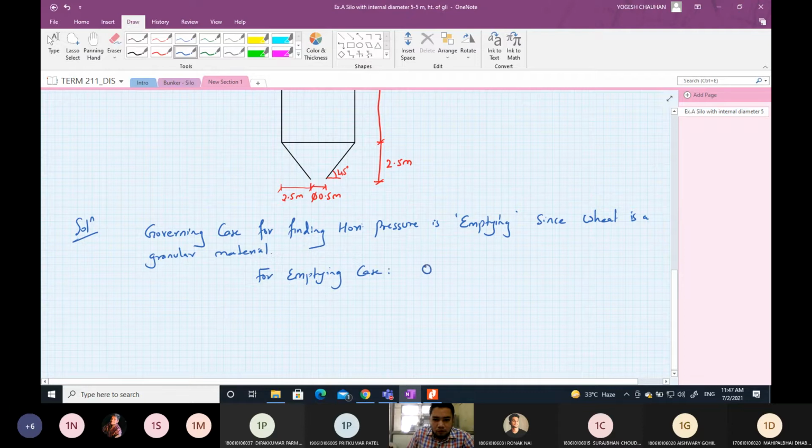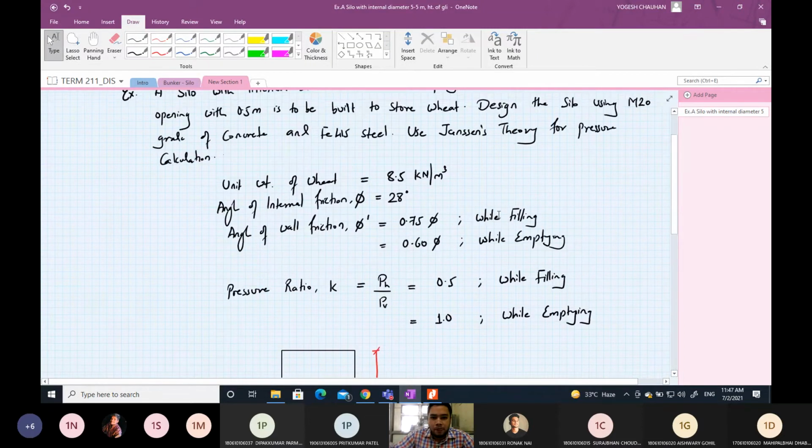For emptying case, we have phi dash equals 0.6 into phi, phi is 28,